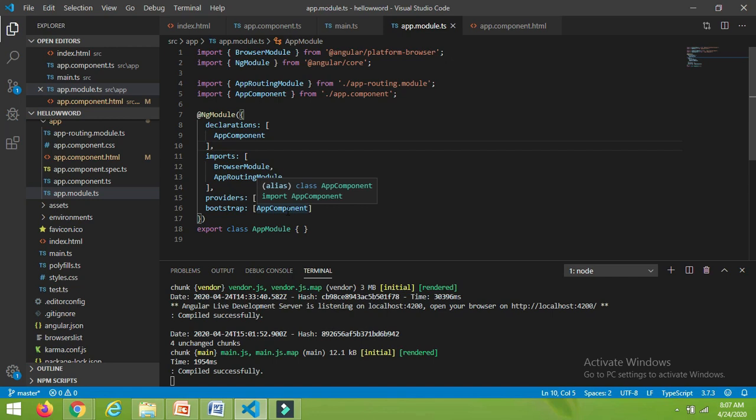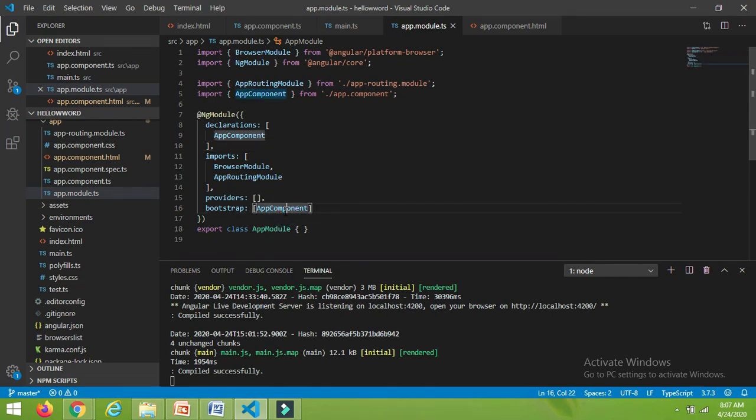Currently we have only one component, but going forward we may have multiple components. So which component should be loaded first? We have mentioned it as bootstrap, that is AppComponent. It means at the time of loading the index.html file, the app module is getting injected, that is loaded.